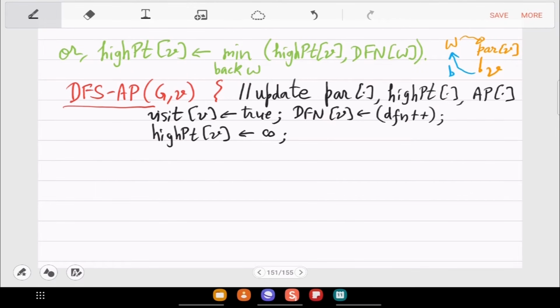That's the initialization. So now look at the neighbors of V. So that's the for loop.